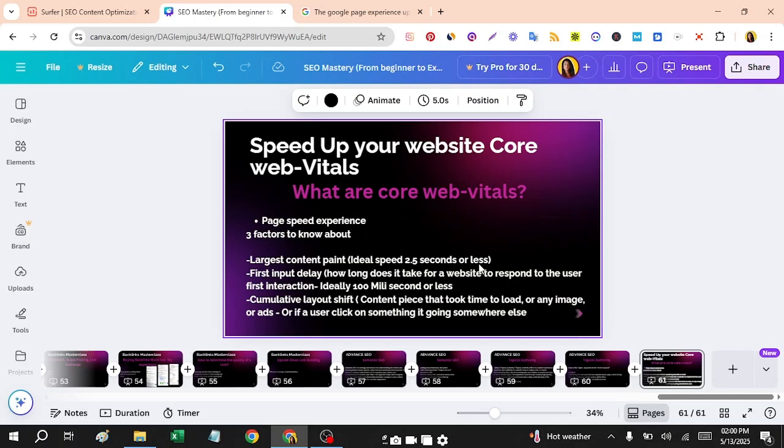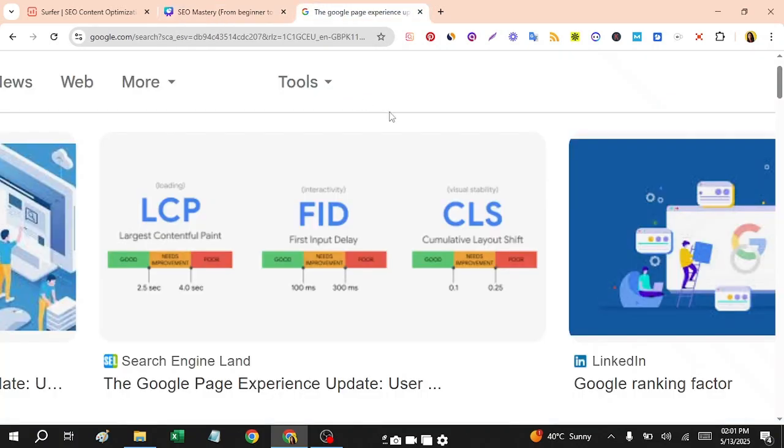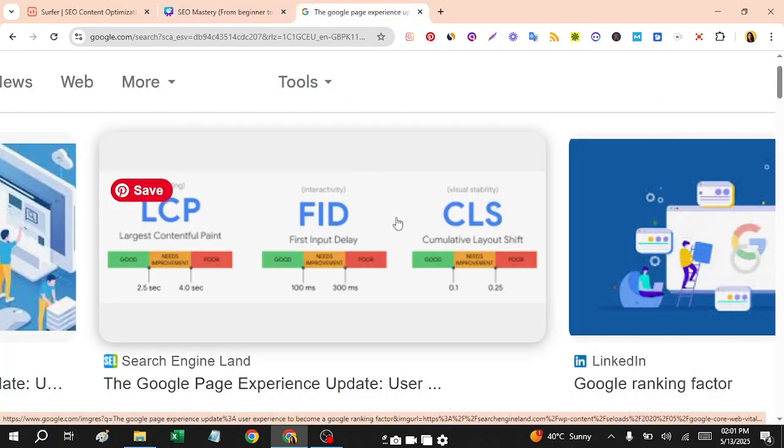So when somebody comes to your website and it is not loading in just 2.5 seconds or less, it means your user experience will not fulfill the user's need. And of course Google will also see that if your website speed is too slow, which is not a good sign for your blog.